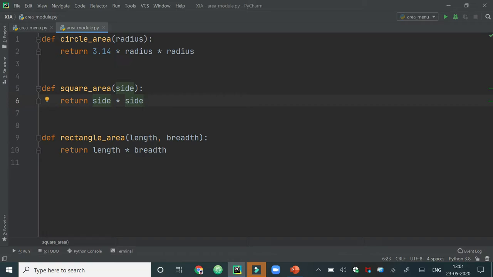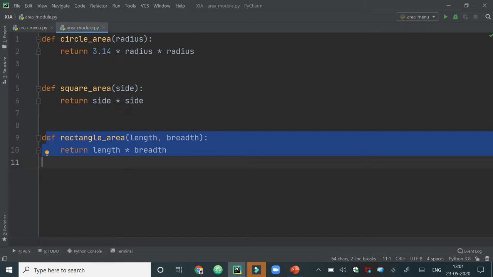In the second line, we have a definition of square area, which takes one argument, side, and returns the area of a square by multiplying side into side. In the third definition, we have another function to calculate the area of a rectangle, which takes two arguments, length and breadth, and returns the multiple of length and breadth as the area of a rectangle.